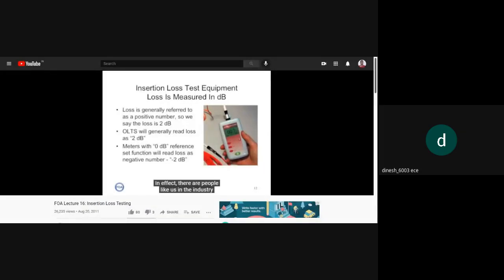In effect, there are people like us in the industry that feel that the optical loss test set should also read minus 2 dB since it's a loss, but